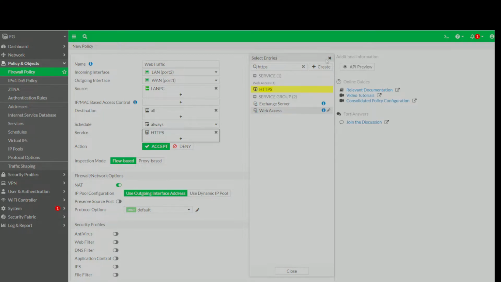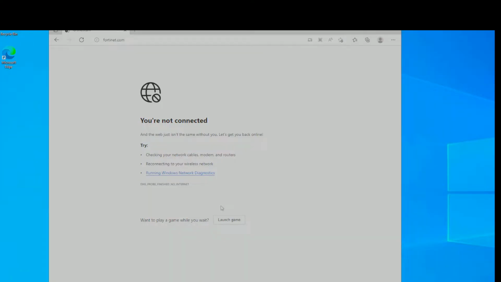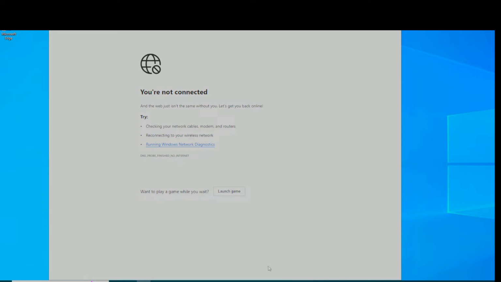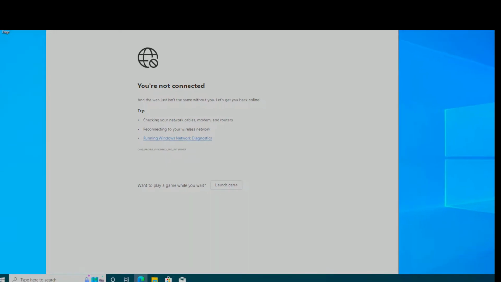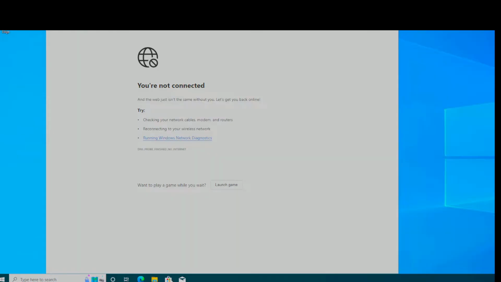Another protocol which is really needed here to allow browsing is DNS, because the client would require to resolve the domain names I type in the browser. Once I type in a domain name in the browser, it will need a DNS to resolve, which is already configured on the client. I have already added the public DNS of Google, and as you can see here, if I go to the DNS I have configured on the client,